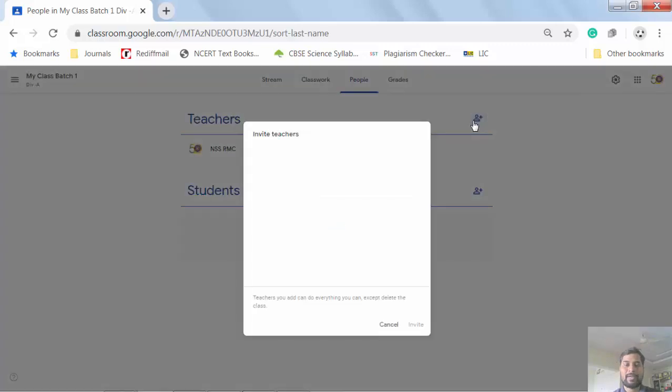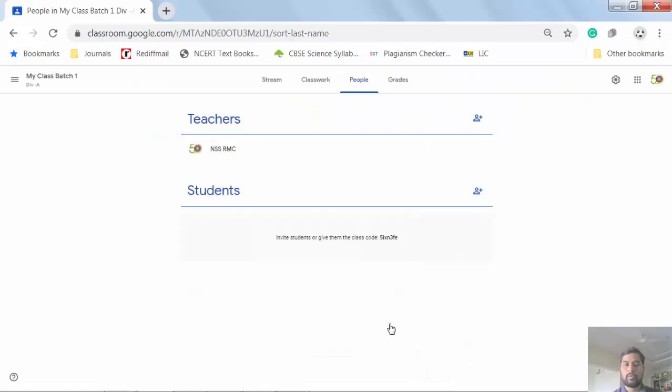There is an option, invite teachers, by writing their email. Write the email and click on the invite option. After that, the teacher will join this class as a co-teacher.